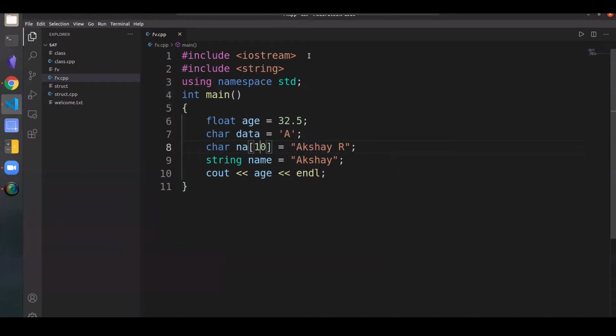You see, in C, I had to declare the size of the array, which is 10 in this case, but in C++, I don't have to do that. So let's just remove this. So this is a variable name of type string, and it can store a sequence of characters.